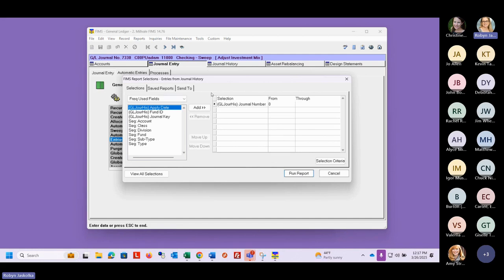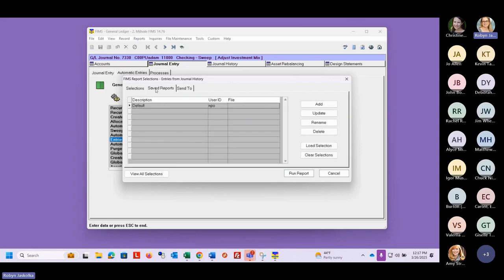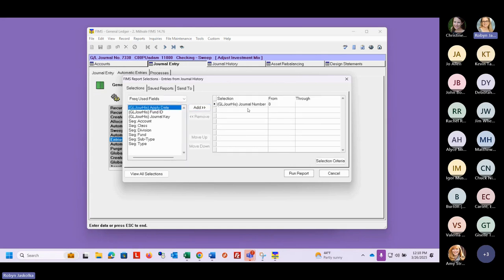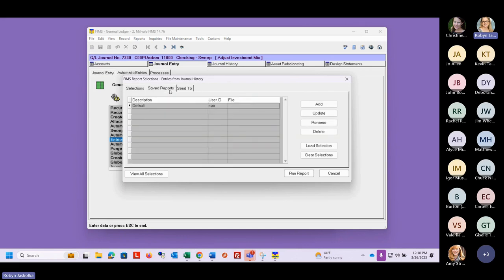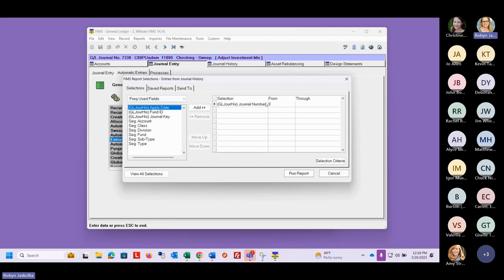Now, you might notice that when I open this, automatically I already had in my selection criteria the GL journal history journal number. The reason that that's here is under saved reports, I actually created a saved report and named it default. What I did is I went to selections, I added this as a selection criteria, and then I added a new saved report called default. This is good because typically this is the most used filter criteria, because you want to make sure you get just the right